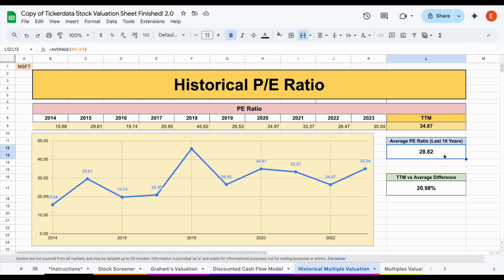Has anything about Microsoft fundamentally changed? Is the company able to grow their earnings at a higher rate, or have they somehow increased their competitive advantages? All of those could be potential reasons where Microsoft deserves a higher price to earnings multiple. But if nothing has changed overall, then you could easily make the argument it looks like Microsoft is overvalued compared to how the company has historically traded. And when it comes to this valuation, you don't want to just use the price to earnings ratio, there are other methods you can use as well.